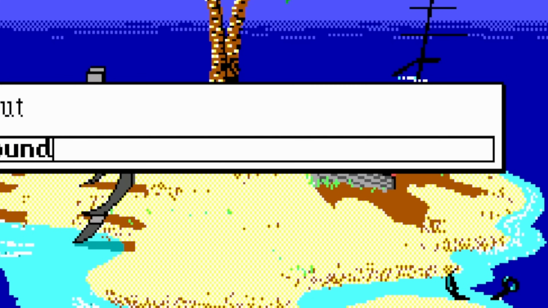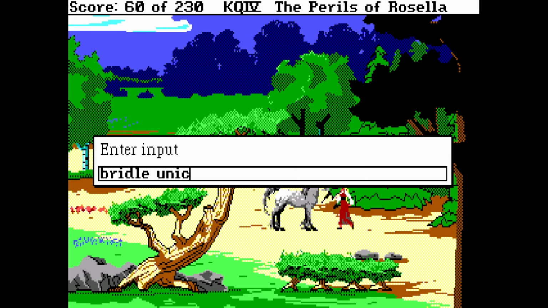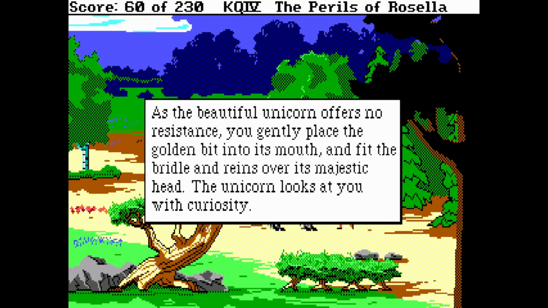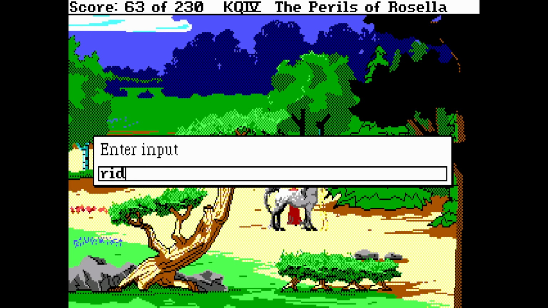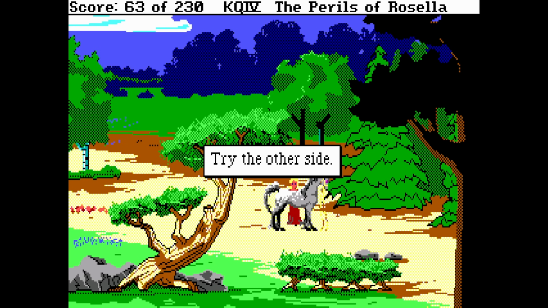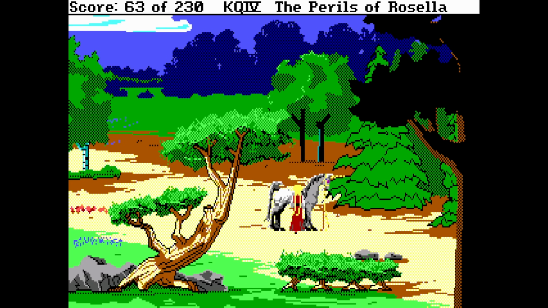And speaking of that bridle, which you use on the unicorn, here's the smallest, nitpickiest detail I have ever been annoyed by. After you befriend the unicorn and bridle it, you need to ride it back to Lolotte's castle. If you stand on the far side of the unicorn, away from the player, the game tells you, try the other side. Okay, must be some epic animation that they couldn't...